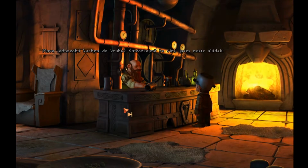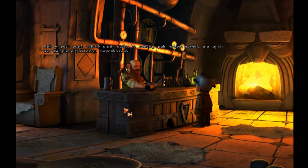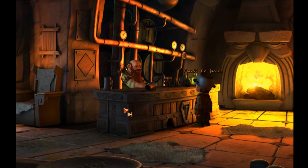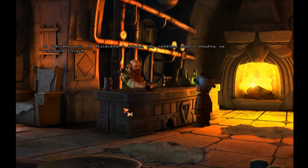Does a one-legged duck swim in a circle? Of course I know. I'm the master brewer. It's not difficult either. First, you get barley germinated in a malt house, then let them bloat up after leaving them dormant for a bit. Then kiln dry the green malt, keeping it turned, coarse mill it, making sure that the husks don't get destroyed. The husks? What are... Then mash the whole lot in a mash tun, obviously using a decoction procedure. After the iodine test, we get on with purifying and separating the malt from the beer wort in a slatted filter bed. Of course, but...